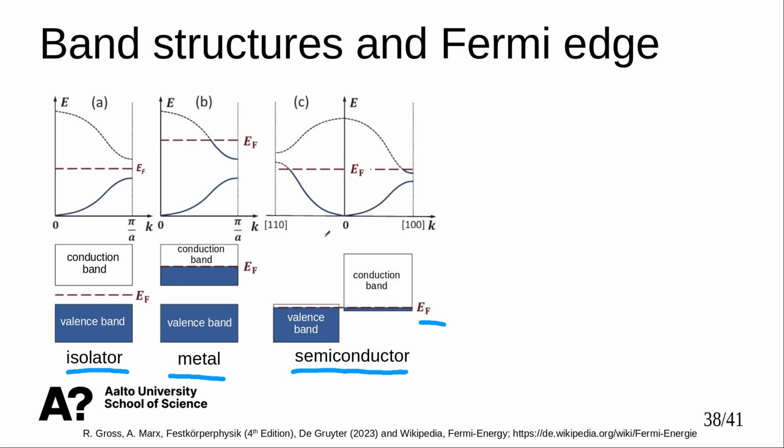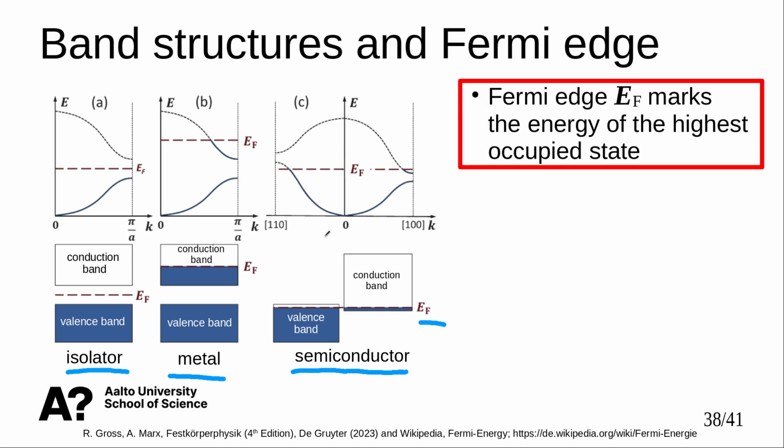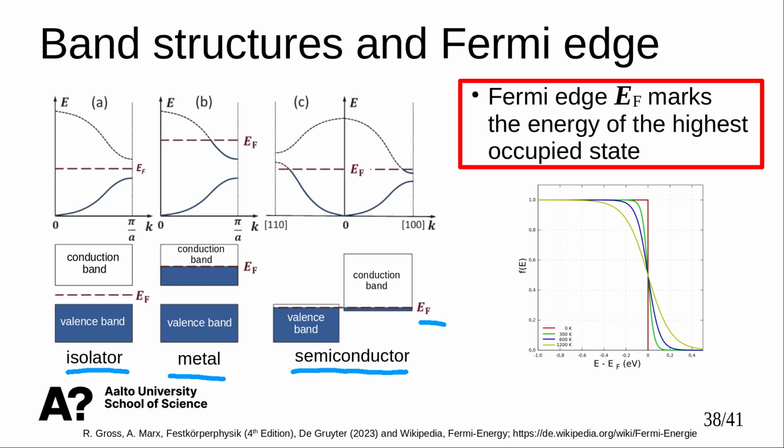So the Fermi edge is quite an important concept in that sense, and I would like to point out that the Fermi edge marks the energy of the highest occupied states, and then for practical applications, when we use the Fermi edge to model our solid properties in DFT,